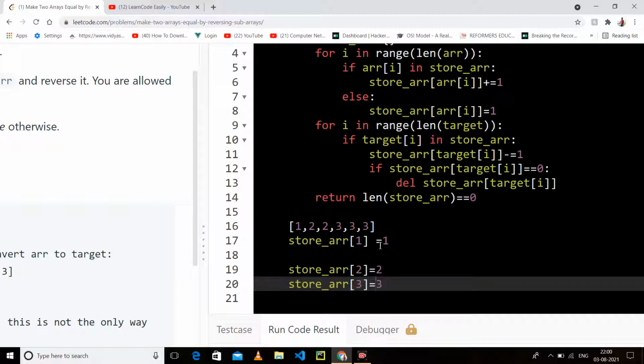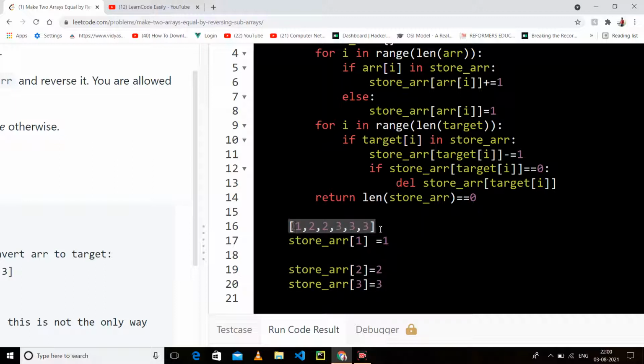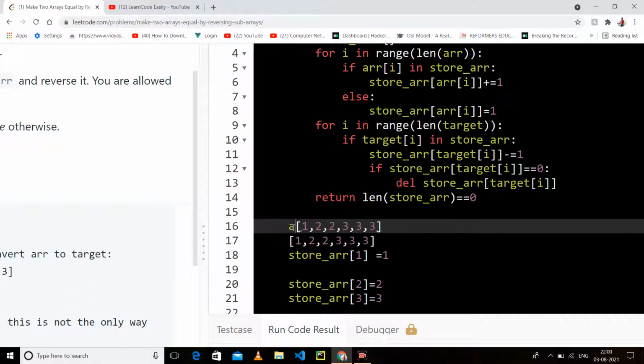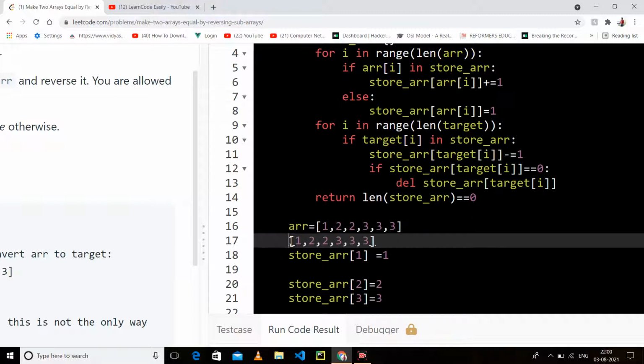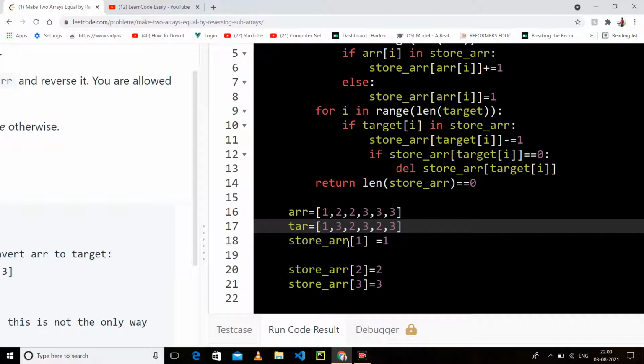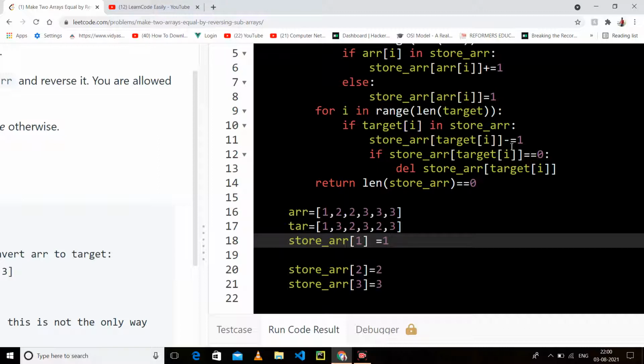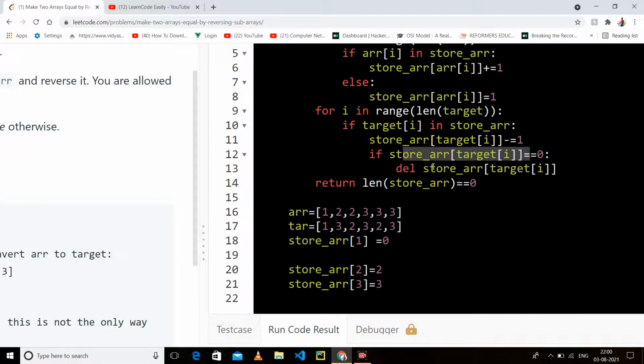Now this is our array, and let's take our target as 3 comma 2. So what we will see, 1 is there, so we will decrement by 1, so it becomes 0. Now we will see if this is 0, just delete it.